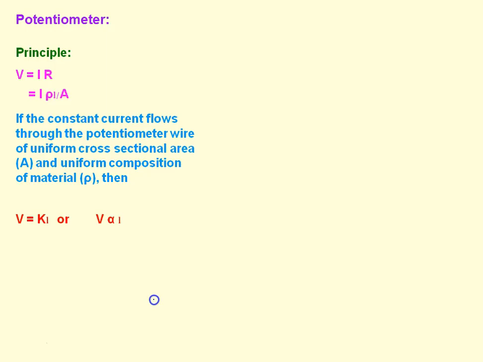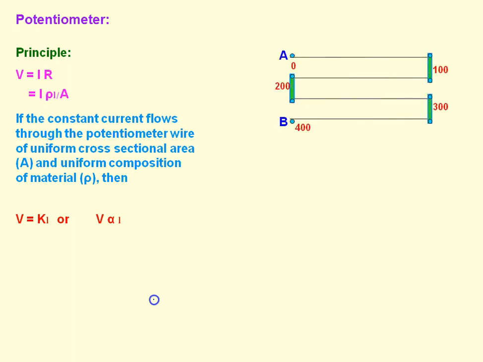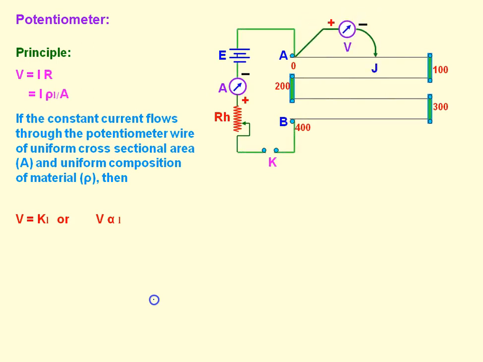Again, I will discuss the principle with you. Again, all of you go through it. This is the potentiometer wire. This is the primary circuit, and this is the voltmeter connected to the jockey. When the J point is connected to B, this is the negative, so you can obtain the full voltage of the battery E, and if you connect this J point at A, the voltage is 0.